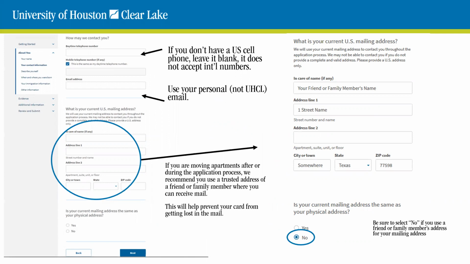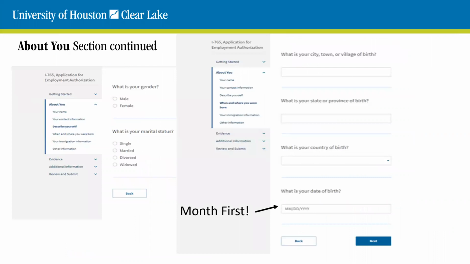As mentioned previously, even if you put a different address here, some students have alerted us that the address was pulled from their account rather than what they filled out on the I-765. So make sure that your USCIS online account has all of the correct addresses updated. Don't forget to enter dates in the month, day, year format.